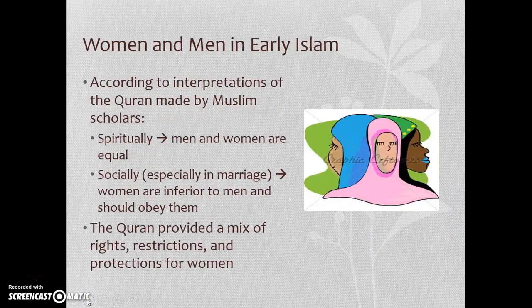Now we'll talk a little about women and their role as far as Islam was concerned and how they differed from men. During the time of the revelations, Muhammad created rules that protected women and gave them some control over their property and rights to divorce. The famous passage that allowed Muslim men to have up to 4 wives also states that they must be cared for equally. Spiritually, women who were devout and had good morals would receive Allah's blessing just as men would. The revelations contain some strict restrictions.